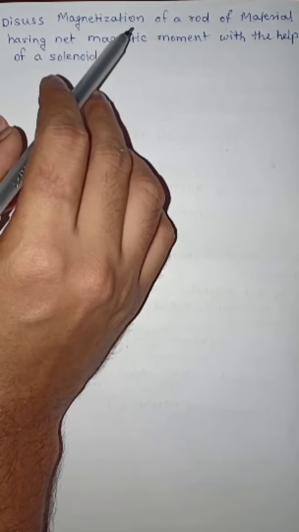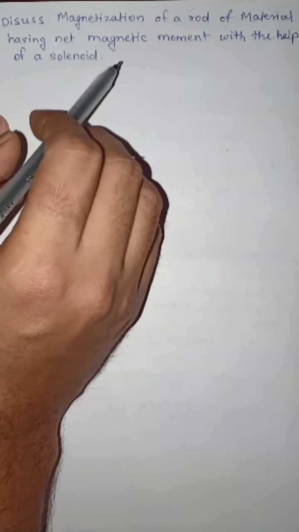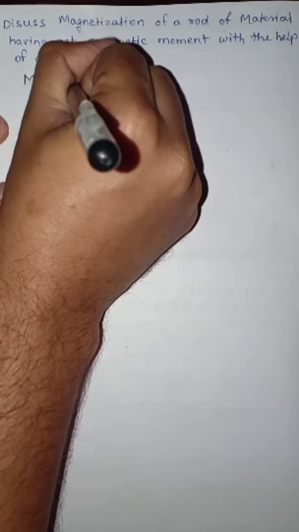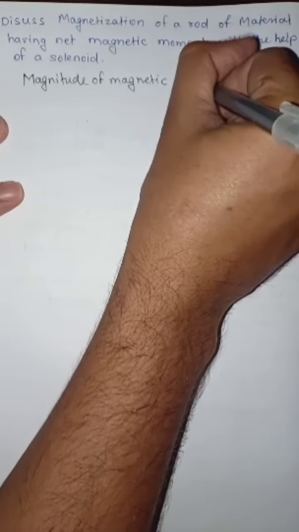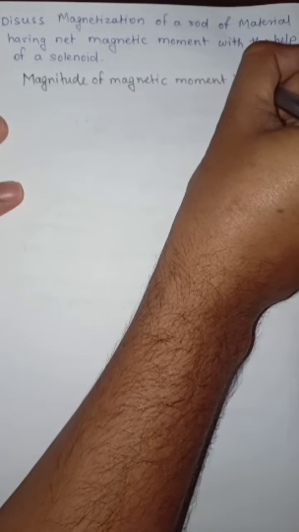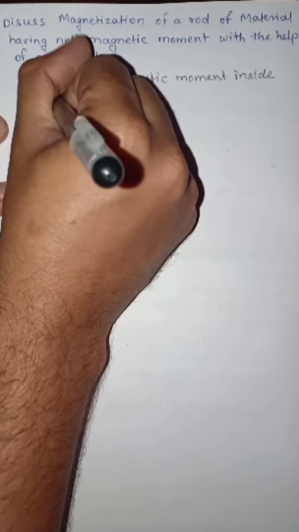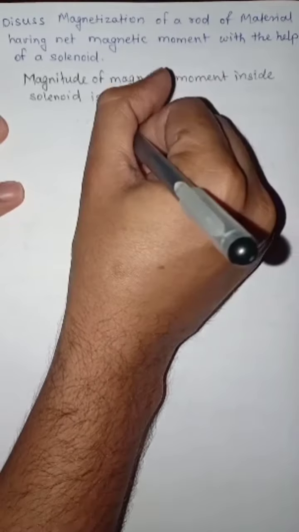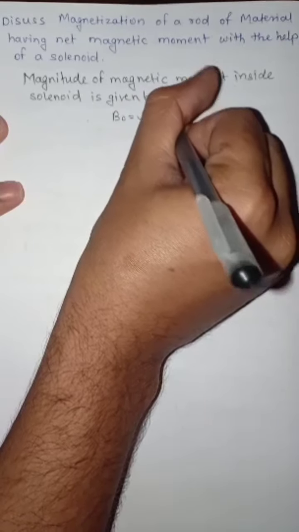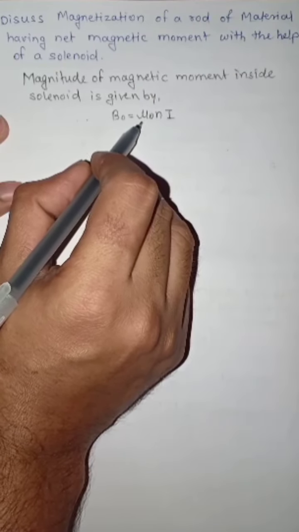Okay, so we have to find out magnetization of rod of material having magnetic moment with solenoid. Okay, so first of all, here we will write the formula for solenoid. The magnitude of magnetic moment inside the solenoid is given by